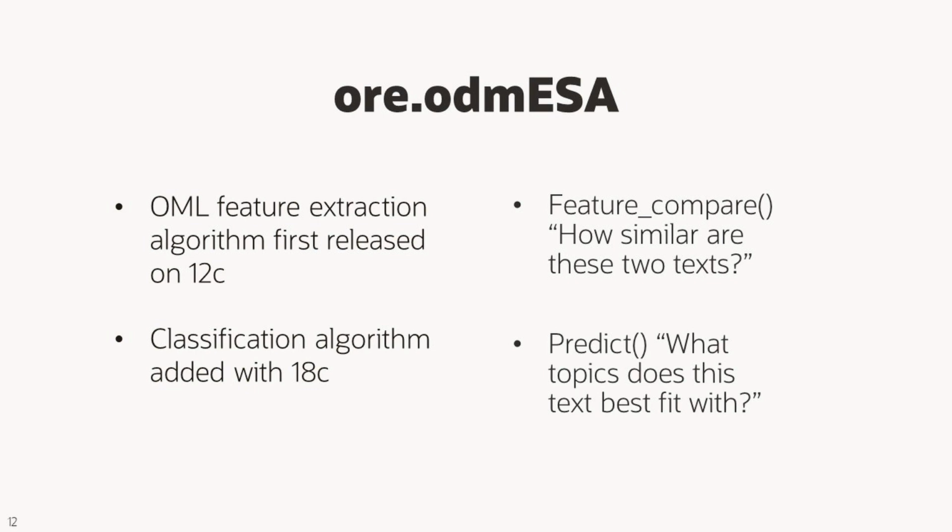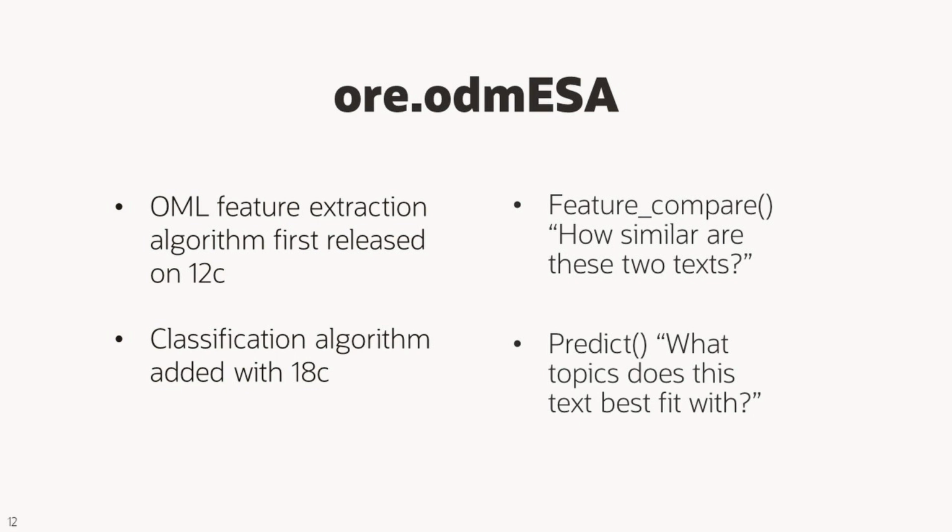So I mentioned earlier that you can't do all three use cases with one single model. So this is kind of showing that there's two different versions depending on the use cases that you are looking to do. So once we've trained our model with our or.odm ESA function, there's two functions you should be aware of for making our predictions. The first being feature compare, which is for that document similarity use case, how similar are these two texts, score that on a scale of 0 to 1. And then our predict function for our topic modeling use case,